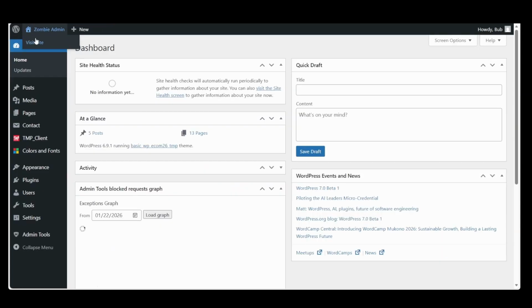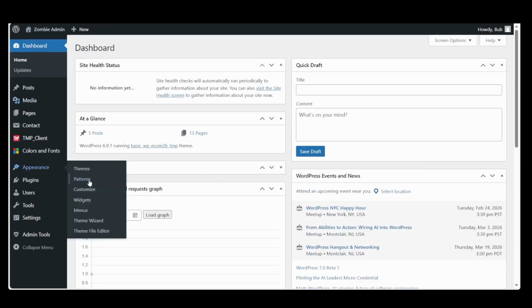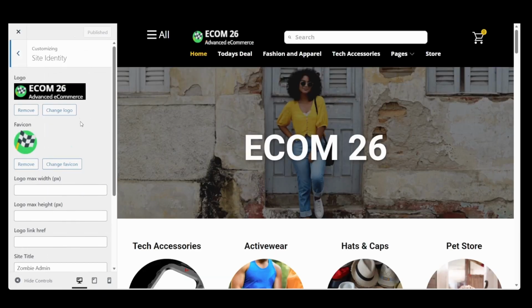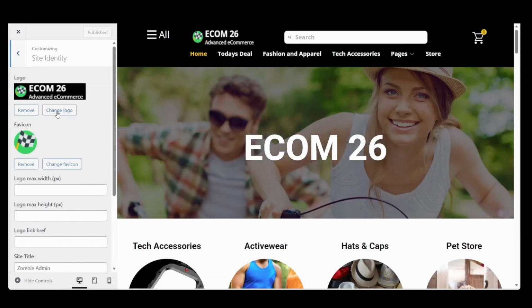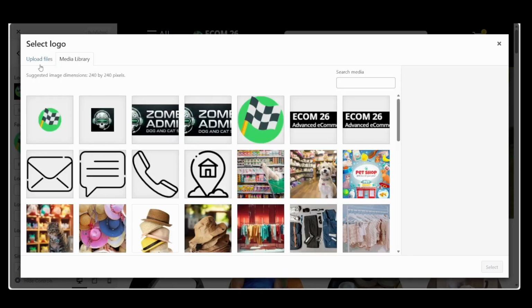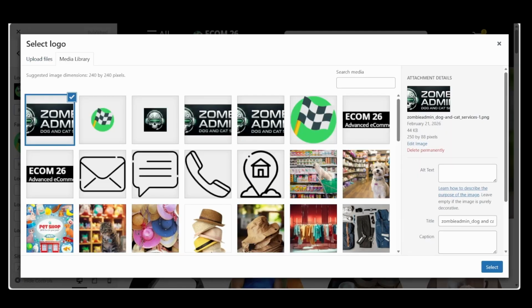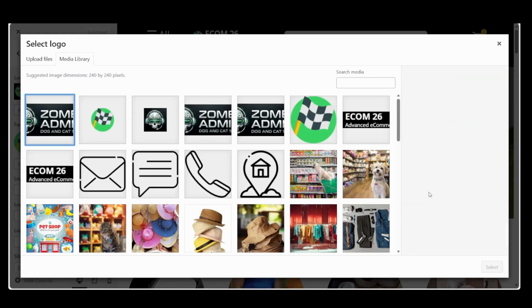Now let's swap out our logos. Let's head to the dashboard, and from dashboard we'll go to Appearance. From Appearance we'll go to Customize, and from Customize we're going to go to Site Identity, and from Site Identity we're going to swap out and change our logo. Let's upload a file. Just find your logo, upload your logo, choose your file there. Select. Let's crop the image correctly.